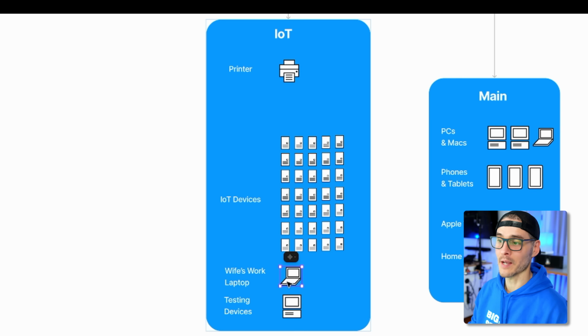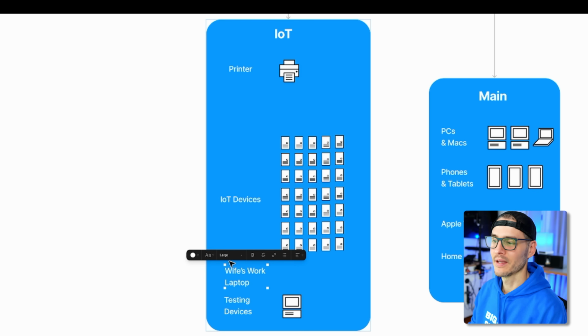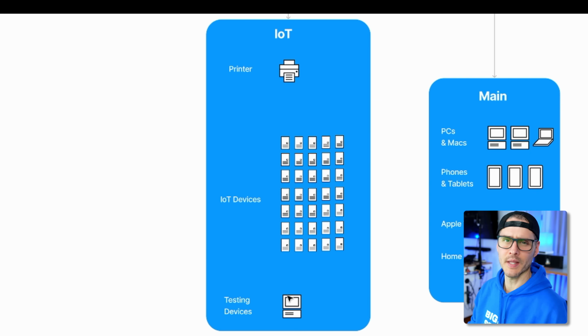You'll be happy to know that I moved my wife's laptop off the IoT VLAN. Her work laptop, I didn't have a great place to put it. I threw it on the IoT VLAN, but I've taken it off since then. And this is where any device goes that I test. I should probably have my own test VLAN too that doesn't have access to the internet, so that I can really test it in isolation, just in case something was compromised or sent to me compromised. But right now I test them on my IoT VLAN.